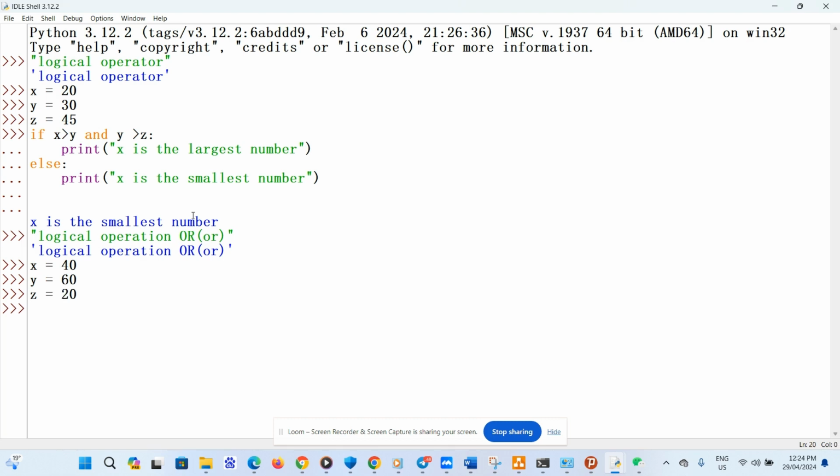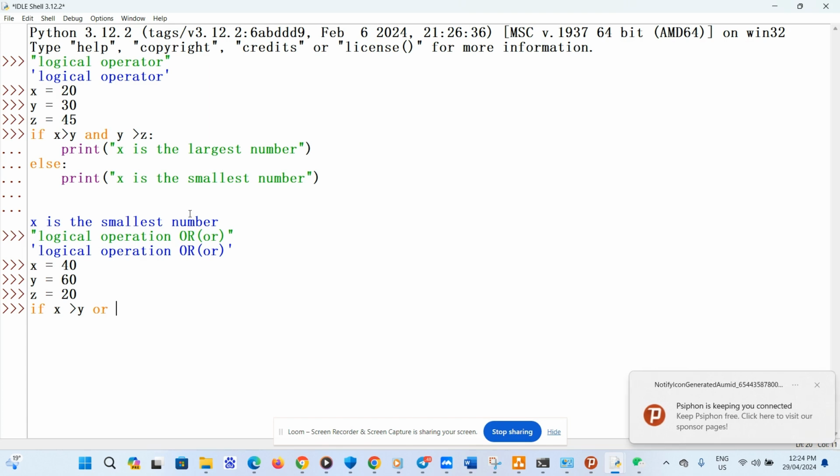So if x is greater than y or x is greater than z,